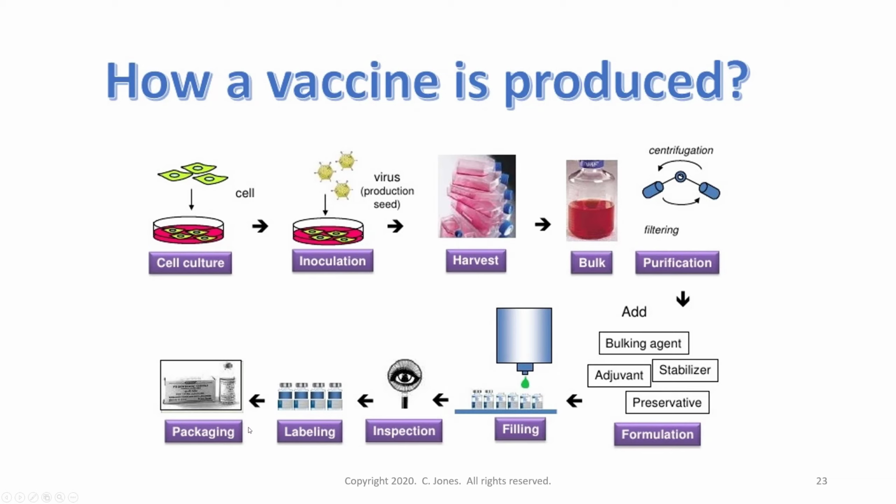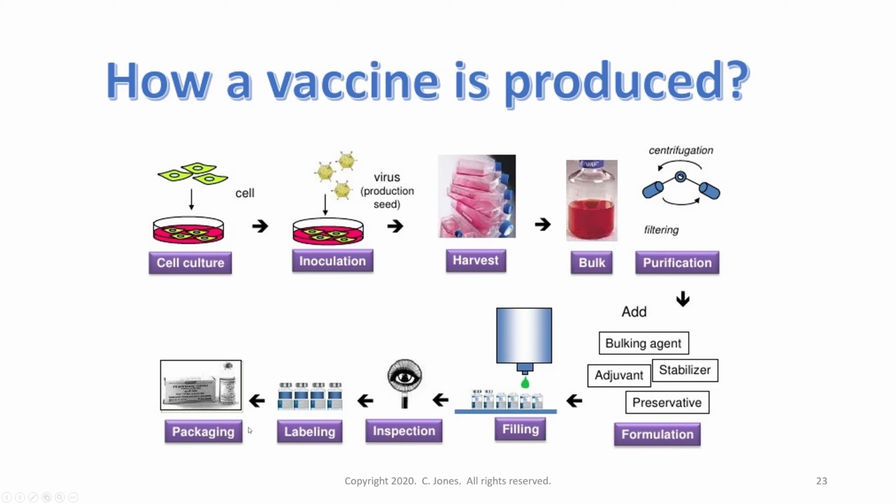And I know that I've been talking a long time, so I'm going to just sort of skip through this. But one of the things that you need to think about with this is once we make the virus, we have to get it to the end user, right? So the factory makes the virus. We then have to deliver this. This usually goes to a distributor, a warehouse sort of place, right? The middleman. And then this is distributed regionally, and then this gets distributed to the doctor's office, to the pharmacies, and so forth.